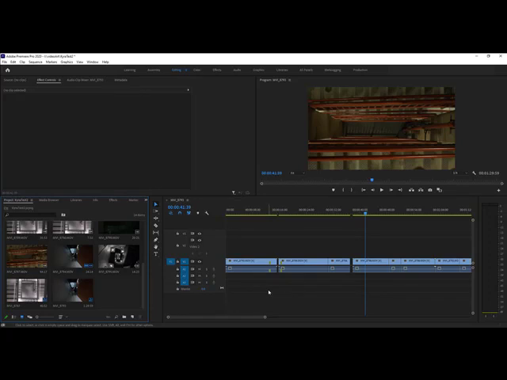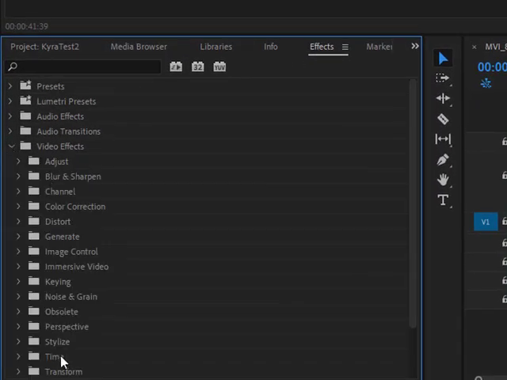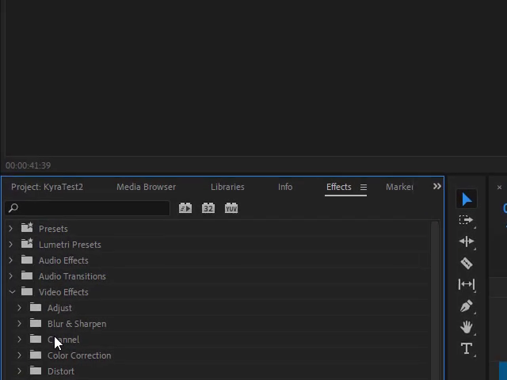Let's talk about ways that you can add color to your tracks. Now eventually we're going to get into the effects and we're going to go into video effects, and there are all kinds of adjustments that you can add, just like in Photoshop where I could change the saturation or the color tint. But I'm going to show you another way right now because it allows us to start talking about